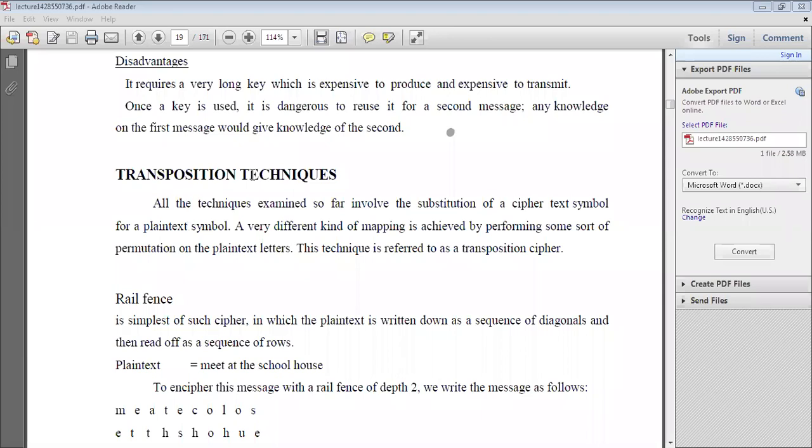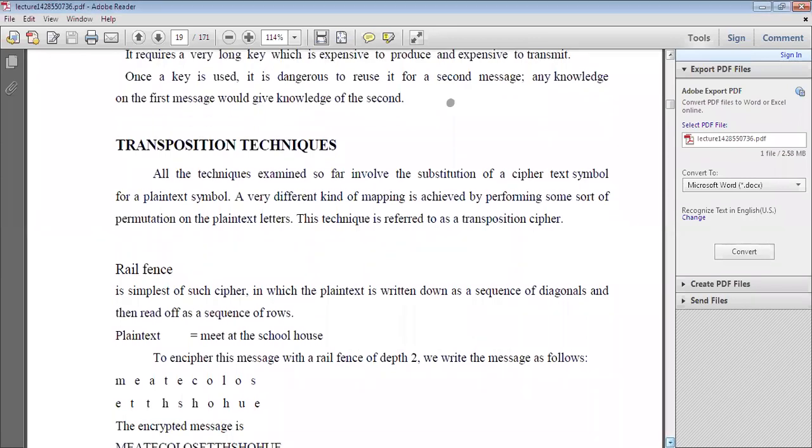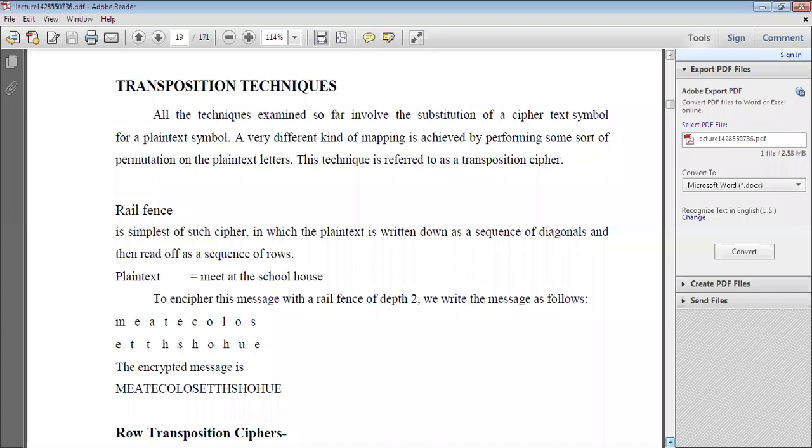That plain text, you can simply alter. This is the type of technique we use. Previously you already discussed substitution technique, where we replace the characters, whereas here we alter the plain text. So this type of technique is called transposition technique. In the last class we completed the rail fence technique, where you simply alter the plain text.